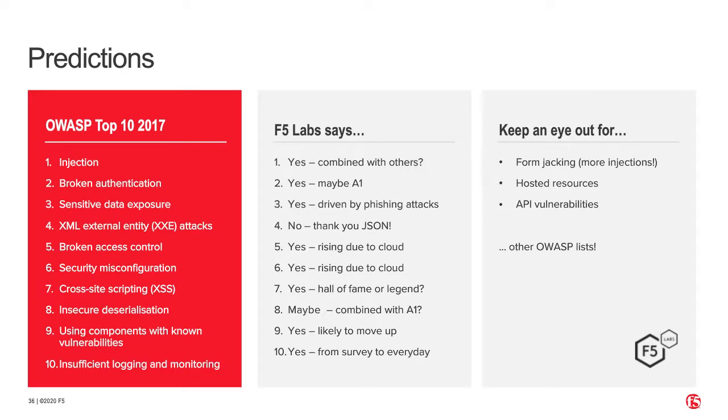But also it's worth looking out for other things that I think might be included in the coming year. Form jacking is something we're talking a lot about within F5 Labs because we've seen so much of it over the past year or so. It's largely affecting retail, but it's also spreading to affect finance, online grocery shopping, and really anyone that takes any kind of credentials or financial payment data from users is potentially a victim or a target, I should say,